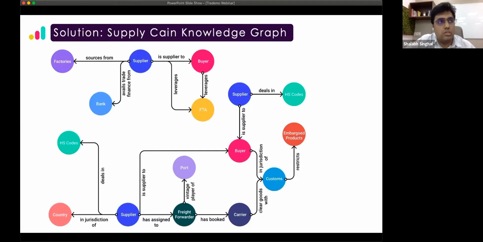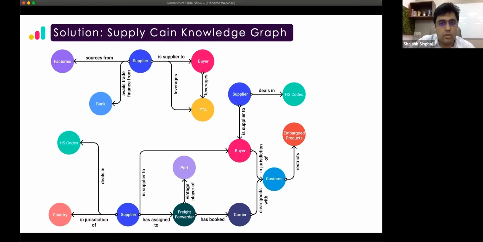And this is how the knowledge graph of global supply chain looks like. As you see in this slide, we can map suppliers with their buyers. So basically, who the suppliers are, and all the buyers whom they are supplying to. Definitely, these are cross-border transactions. We can map the different product categories or HS codes with all these suppliers and buyers. What are the major ports that they are using for their trade routes? What countries do they belong to? What are the free trade agreements that they are leveraging to conduct this trade? Or what are the carriers which they are using regularly to move these goods from one place to another?